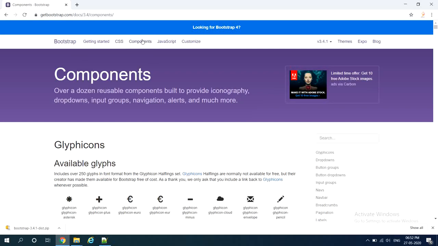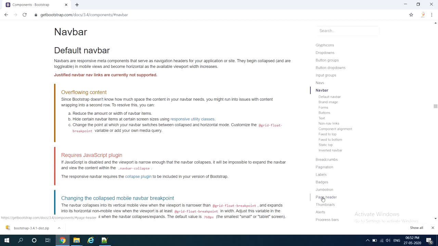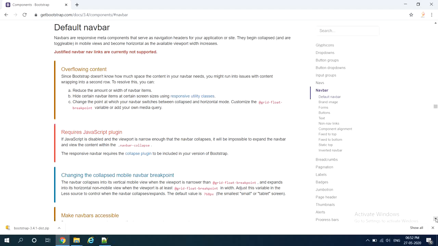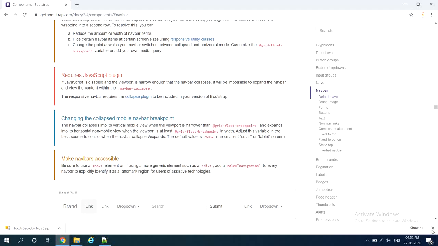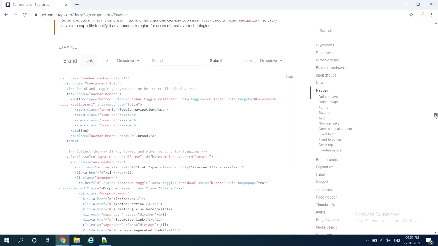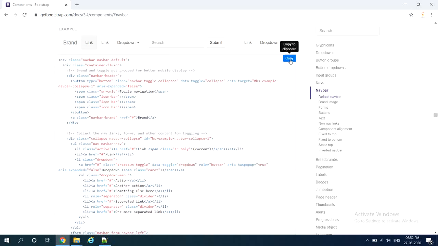Yes, when you select components, you get to see navbar here. Just click on it. This page explains what a navigation bar is, how it works, all those things. If you are interested, keep reading all these things. Otherwise, just scroll down. Here is my example. Yeah, I will copy.